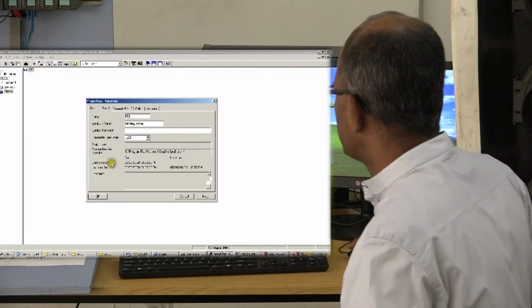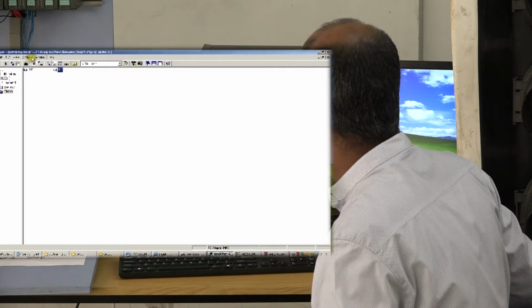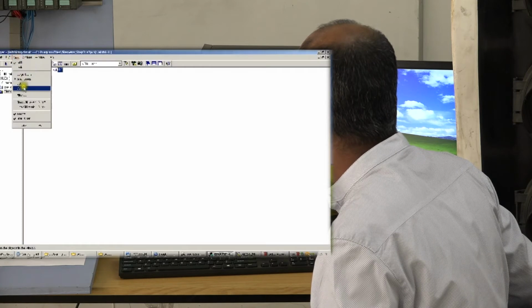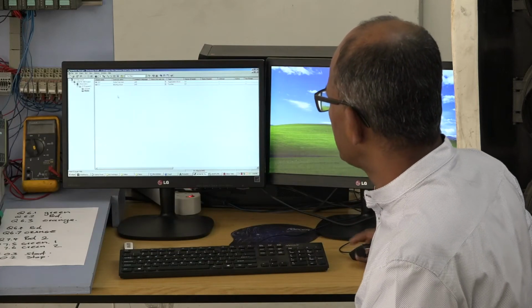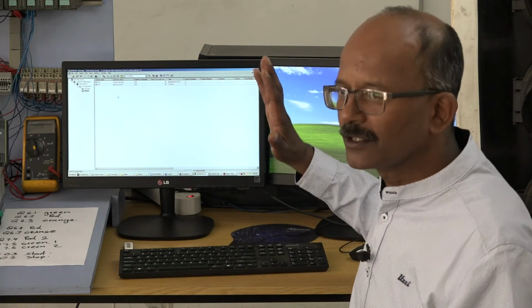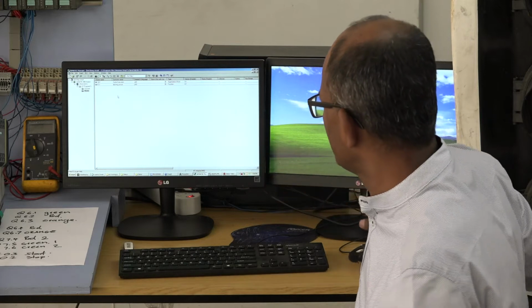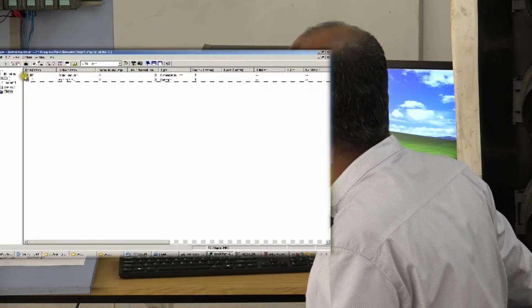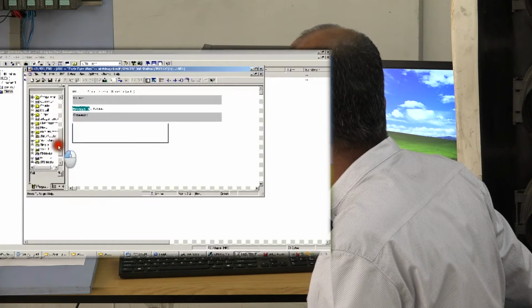I'm going to call that a latching circuit. And I say OK. If I view details, you can see here next to FC1, it says latching circuit. Now, when I download this program to the PLC, I want it to only use the latching circuit. So as I said, I need to go back to OB1 and tell OB1,